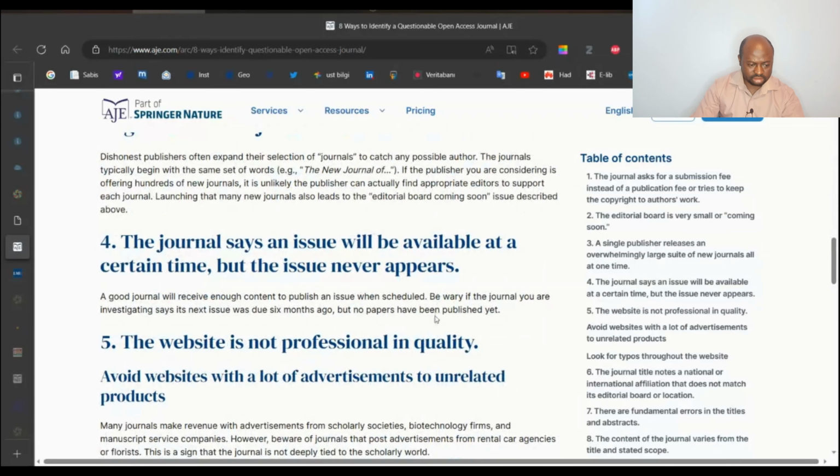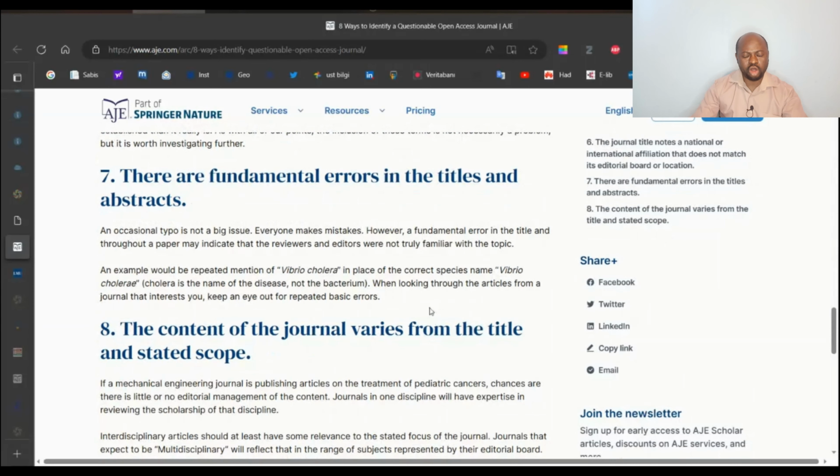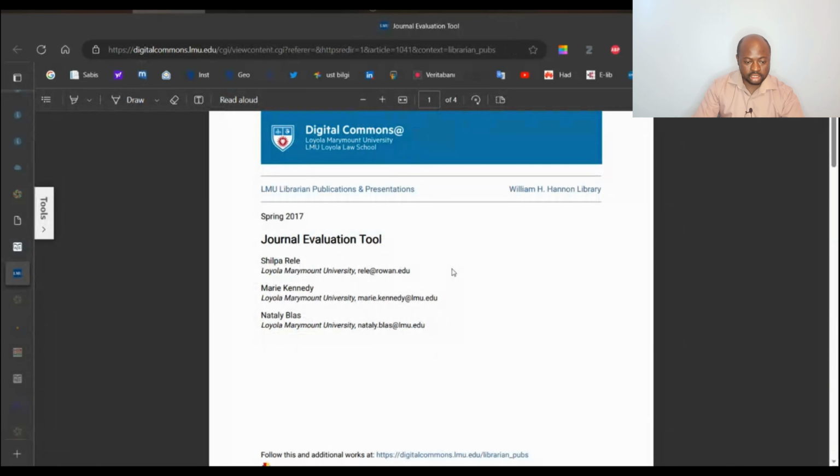And I hope that when you combine all the information you are going to learn through these resources with what we discussed previously, you can be able to guide yourself from falling into the hands of a predatory journal house or individual. So the final resource I would like to present to you is this one by